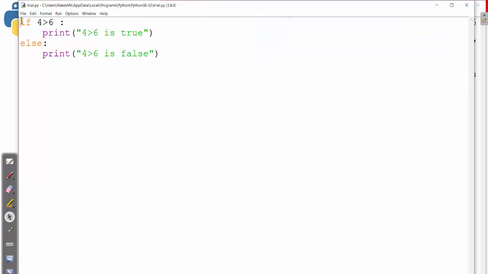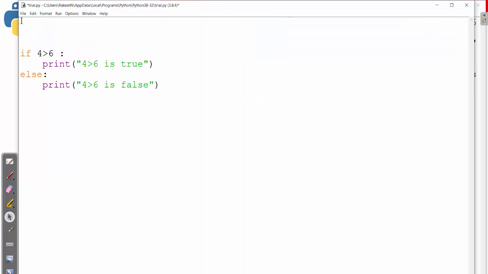Now instead of this, I can write something like a equal to 33 and b equal to 56, and I am comparing a and b.